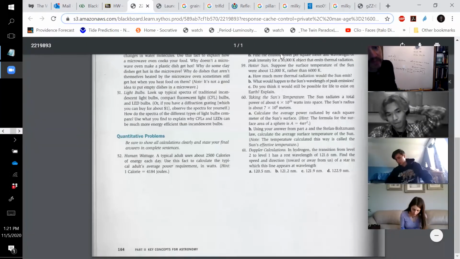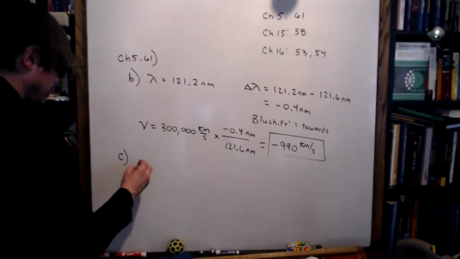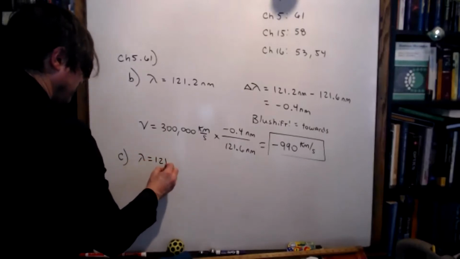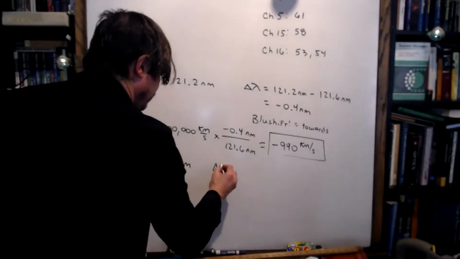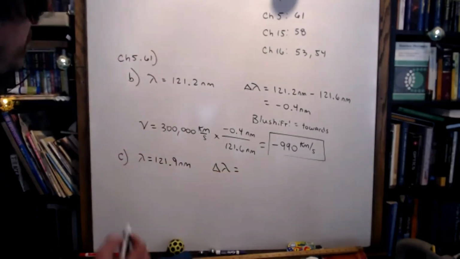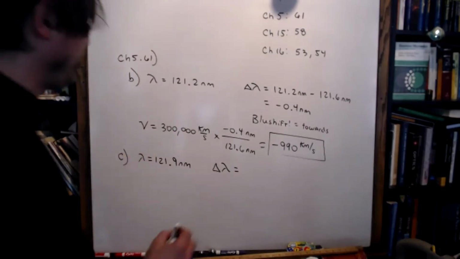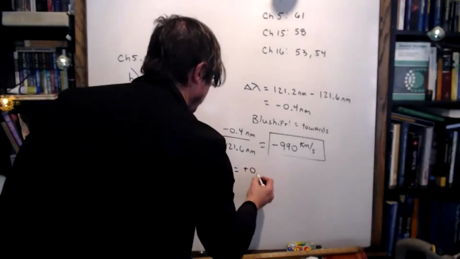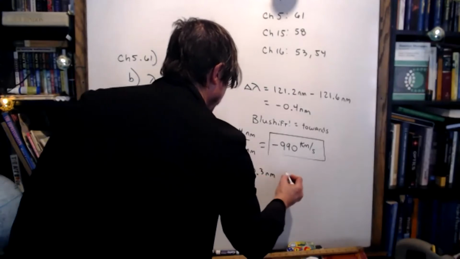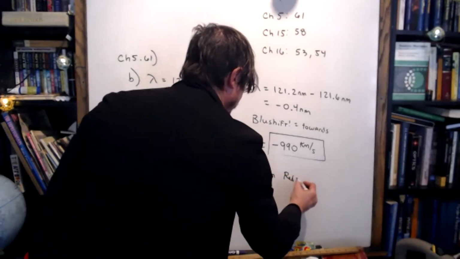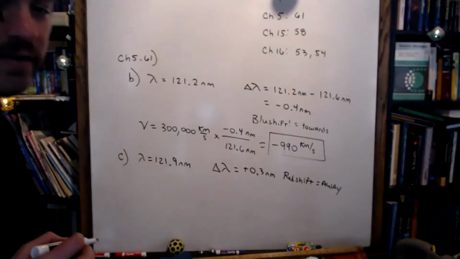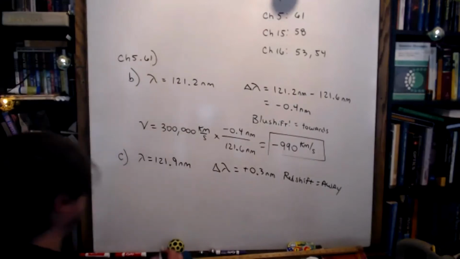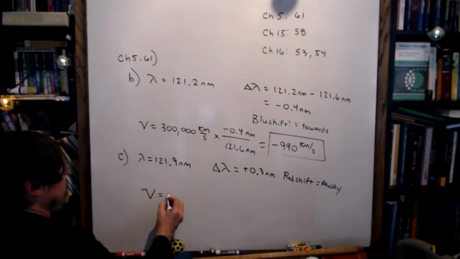121.9 nanometers. Our Doppler shift, 121.9 minus 121.6, is positive 0.3 nanometers. And it's obviously a red shift, which is motion away. I should have asked you guys to do that, but I'm guessing you would have figured it out correctly. And therefore, our velocity is